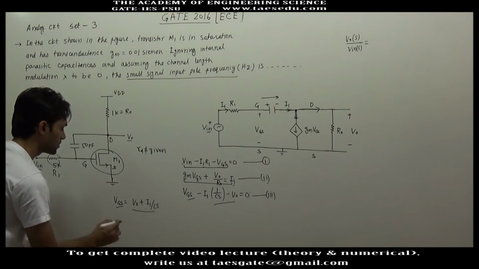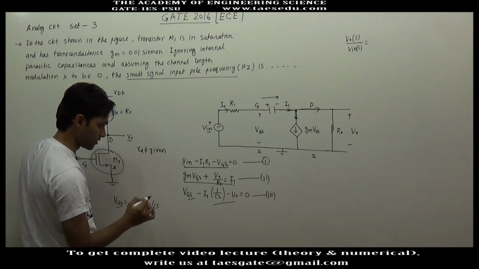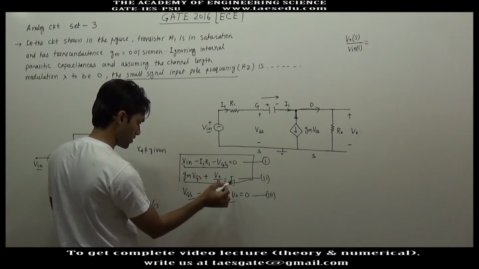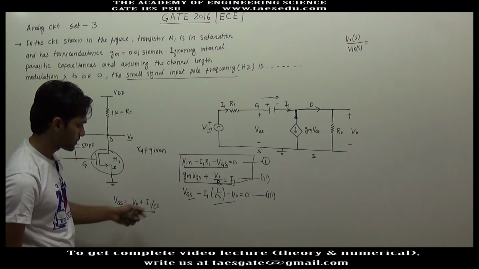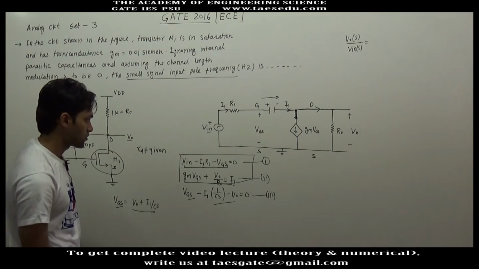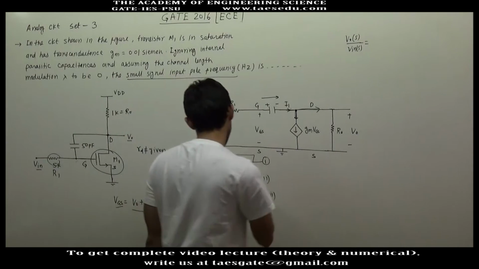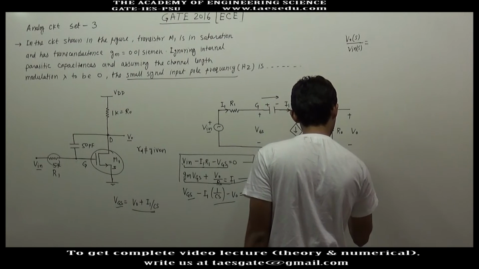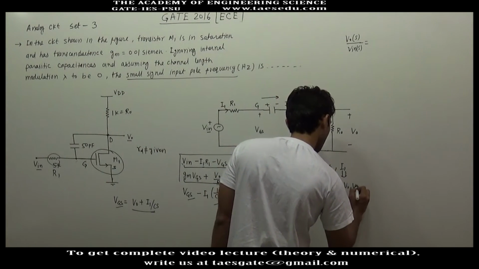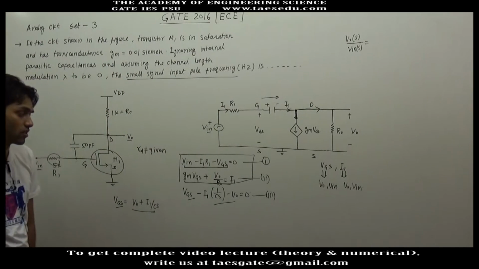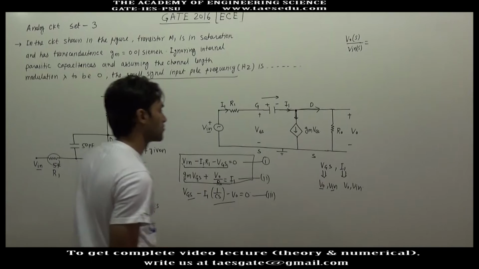So the value of VGS we have found out from the third equation in terms of I1. So these two equations can be written in terms of I1. So in this equation you will have I1 and V0 only. So the value of I1 can be found out in terms of V0. Anyway, you have three equations. So with the help of these three equations, VGS and I1, these two can be represented in terms of V0 and Vinput. If you have the values of VGS and I1 in terms of V0 and Vinput, using the third equation you can find out the relationship between V0 and Vinput, and after the calculation you will get